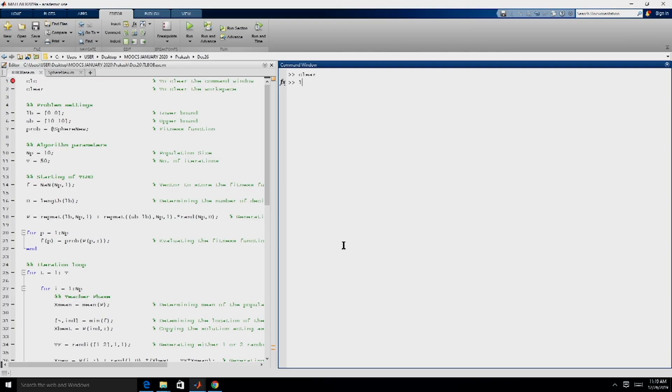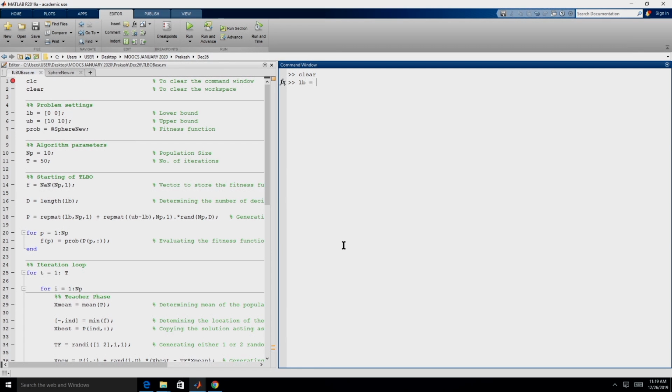We will just see how to use the max and min function to implement the corner bounding strategy. Let us take the lower bound to be, let us say, 5 8 and 15. So, I have 3 variables, the lower bound is 5 8 15. Let my upper bound be, let us say, 50, 90 and 100. So, the upper bounds of the 3 variables are 50, 90 and 100 respectively. Let us say I get a solution somewhere which is 1, 7 and 95.